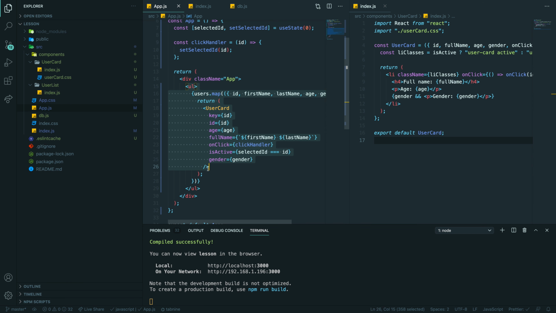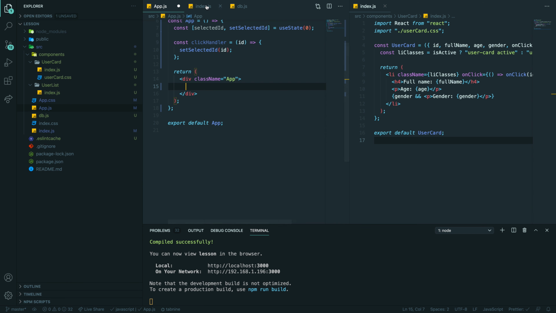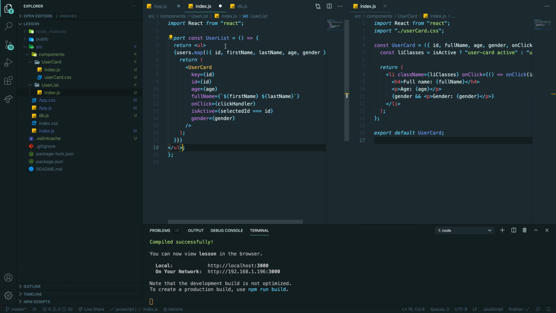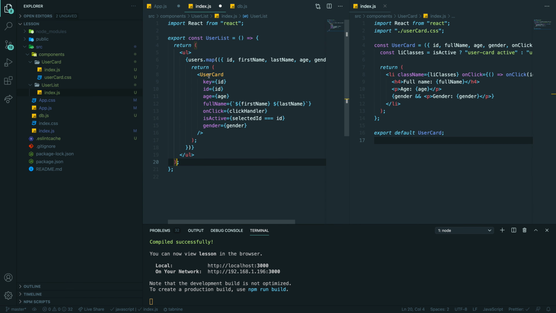So now I can refactor my code, right? I can move this inside this component. I can import, because I don't need to have users on my top level component, I can have it only in my user list component. So the URL will be different, because I need to go one level up, I think, and that will be DB. Or maybe two levels up. Yeah, I think like that.